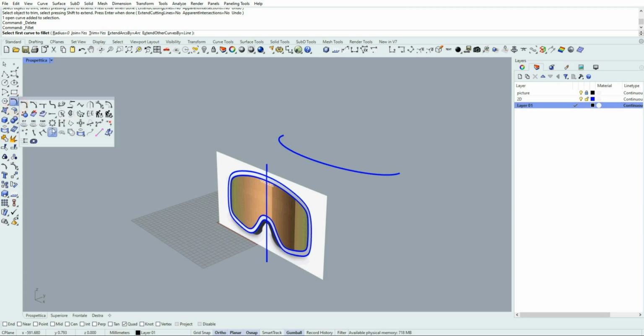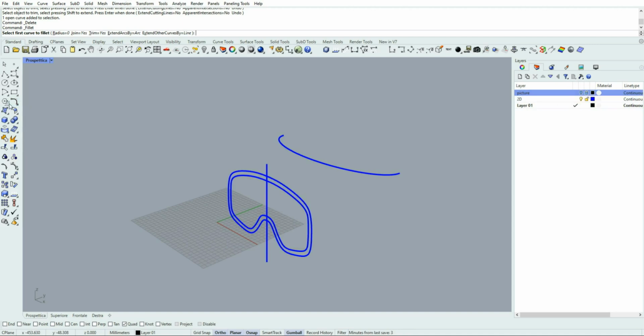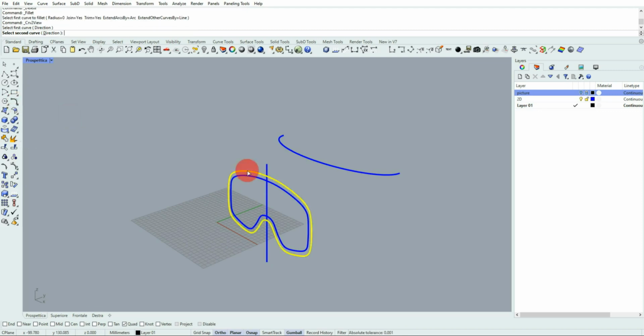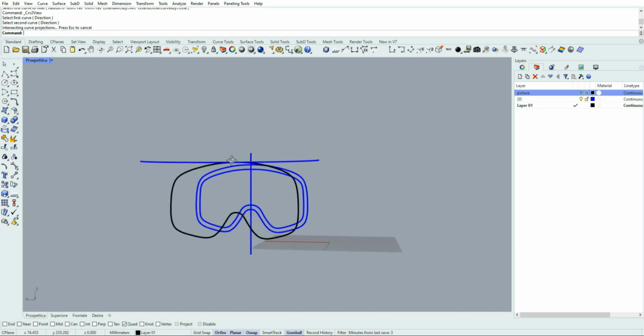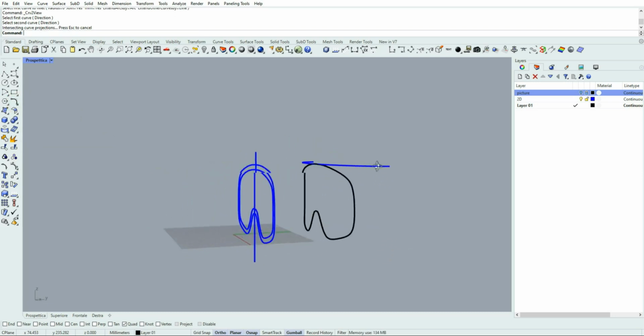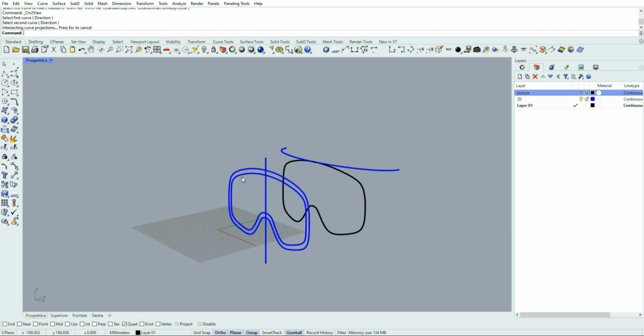But make active this layer. Then go to curve from two views. Okay, maybe before we can hide picture layer. Okay, for clarity, curve from two views. Pick this curve, the outer line of the frame, and this curve, and I get this 3D curve.